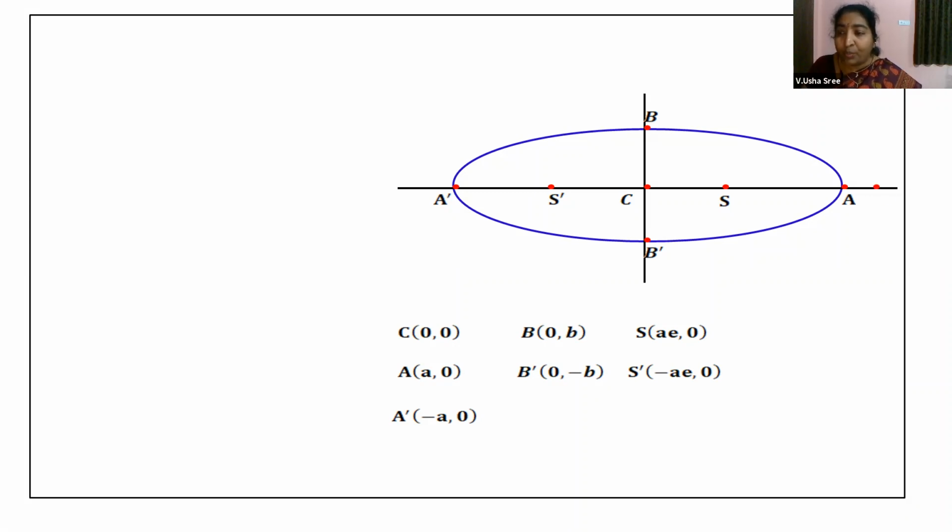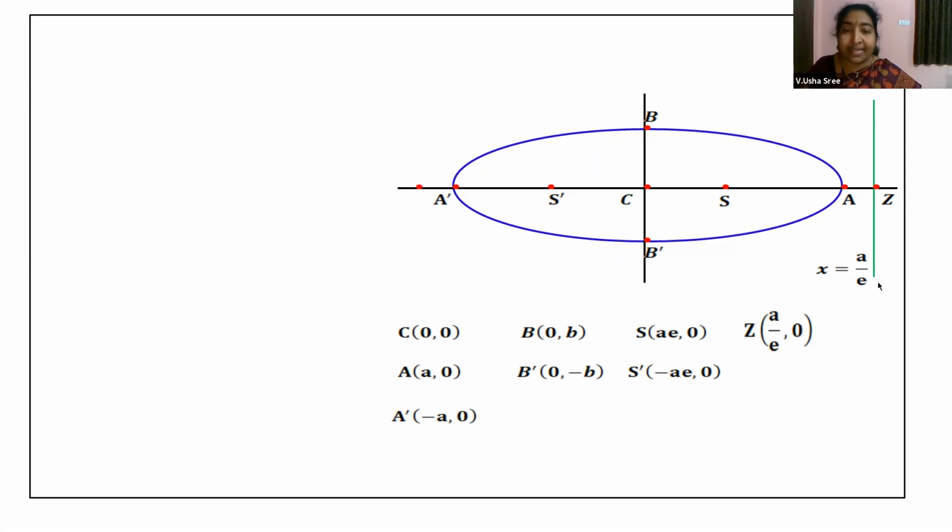All right. Now we are taking Z as a point on the x-axis. Z's coordinates are (a/e, 0). This point Z will be considered as the foot of the directrix on the axis. Try to observe the terminology we are using over here. Then we will quickly take the equation of this directrix as x is equal to a by e. Why? Because this line is parallel to the y-axis, so x will be equal to a by e.